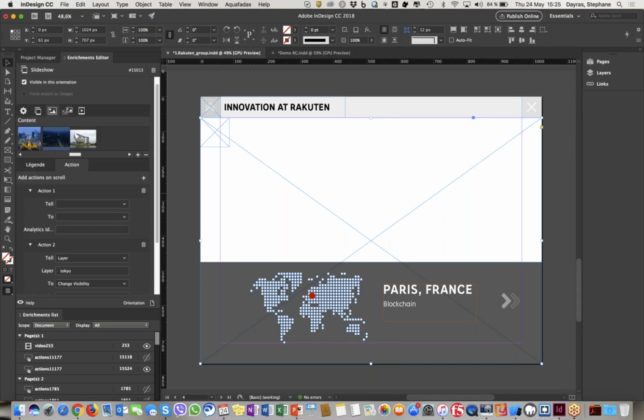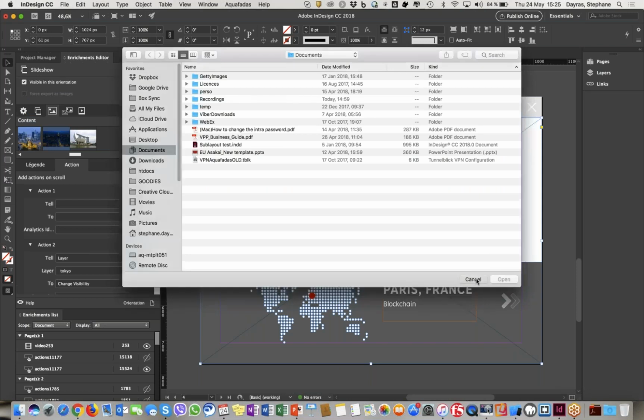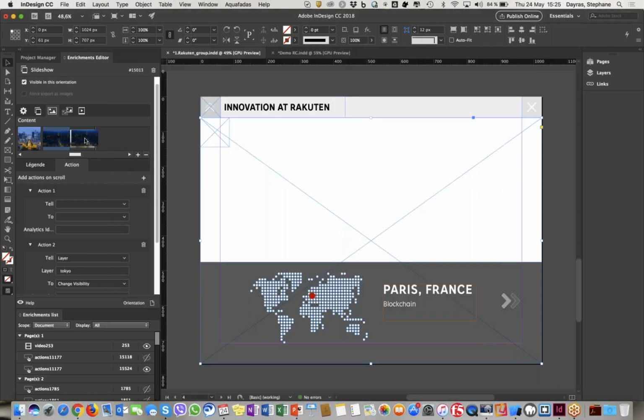The advantage of using a slideshow rather than pushing the picture in each layer is that you can change the slideshow easily by adding a new picture with a plus button, or you can swap the order easily as well within that palette. So this is one sample among the others.